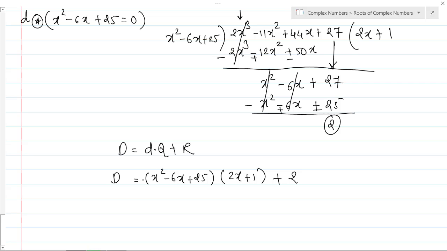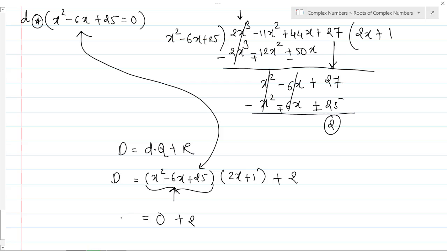Okay, now tell me what is the value of this part. This part is directly equal to 0. See here, this is nothing but my divisor, and that part is equal to 0. So 0 into anything is 0 plus 2. ओके, सो डी फॉर x इज इक्वल्स टू 3 + 4i कितना गया बॉस, ये आ गया डी की वैल्यू आ गई मेरी 2. ओके, सो व्हाट इज द आंसर फॉर दिस क्वेश्चन, सो आंसर इज 2.